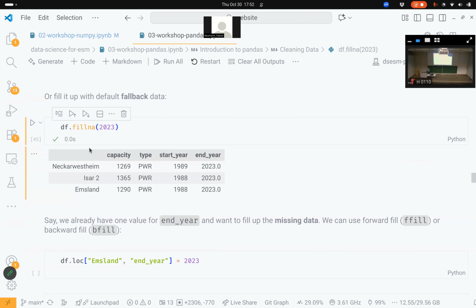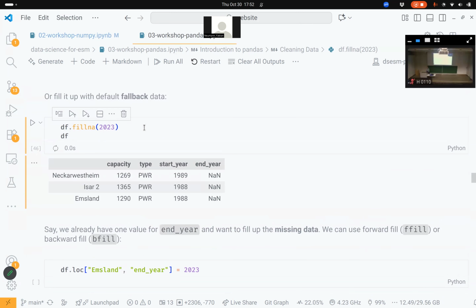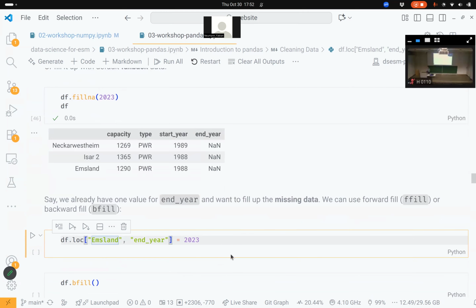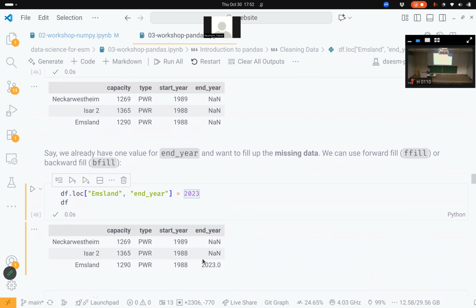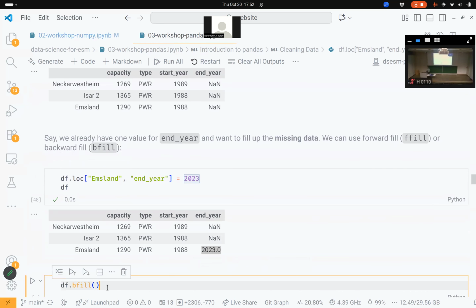So again, this was not an in-place operation, so we still have none in the df. But let's say we want to assign a certain value to one of the power plants, for example, Emsland, end year 2023. So now our last entry here, Emsland, has an end year given, and we can also fill up the rest. Either we use this fillna function and give a default value for all of the missing values, or we can use functions like bfill or ffill, backfill and forward fill,